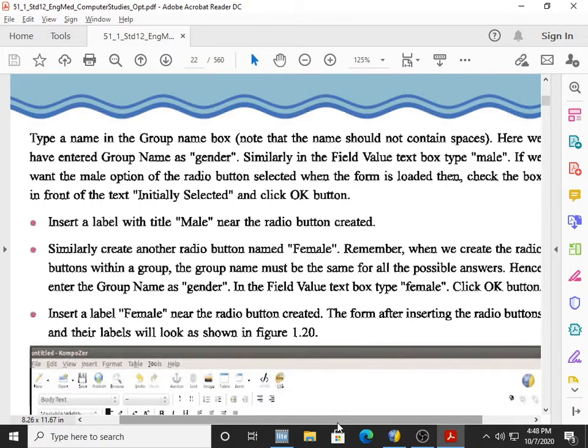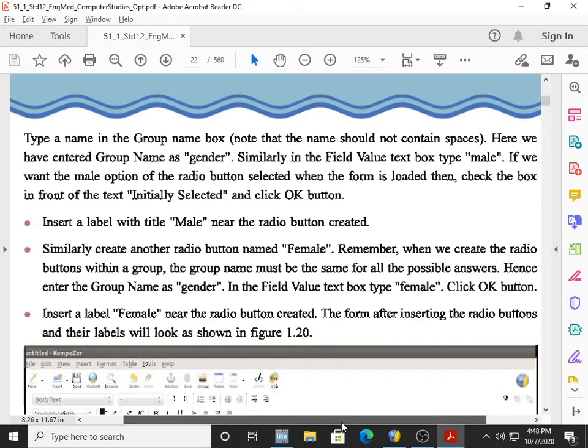Here we have entered the group name as gender. Similarly, in the field value text we type male. If we want the male option of the radio button selected when the form is loaded, then check the box in front of initially selected. So I already put initially selected, and I click on OK button.